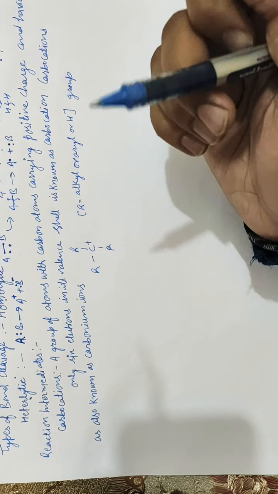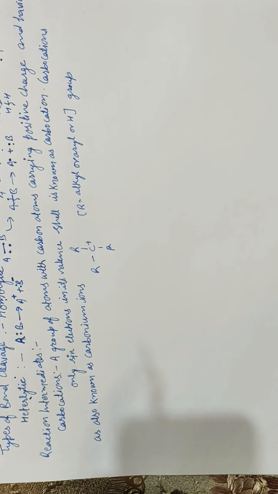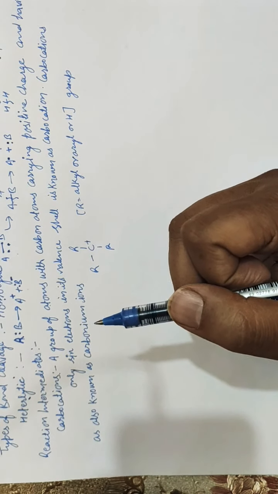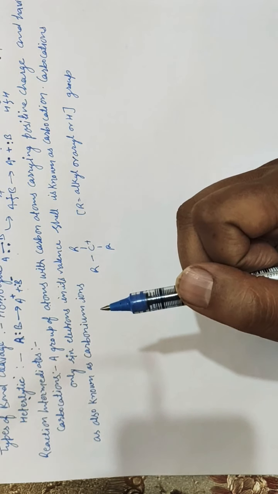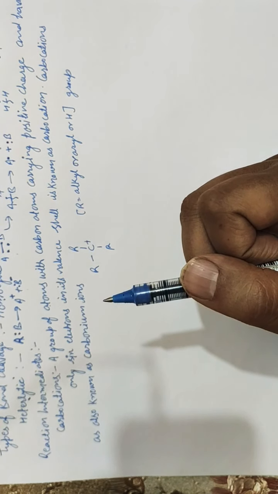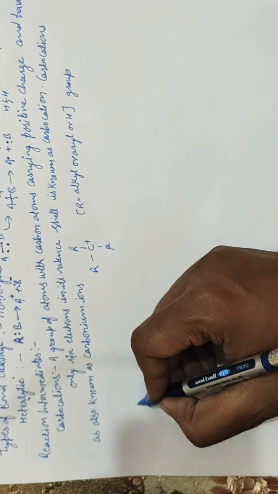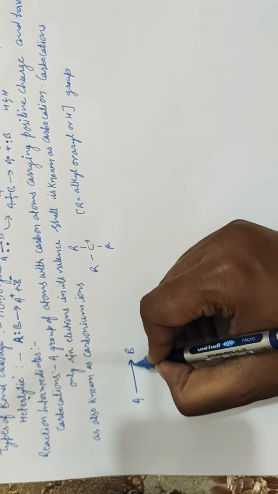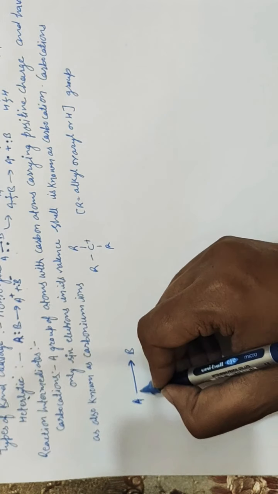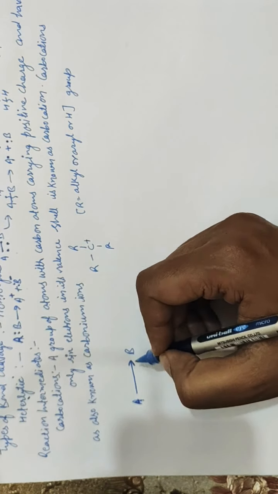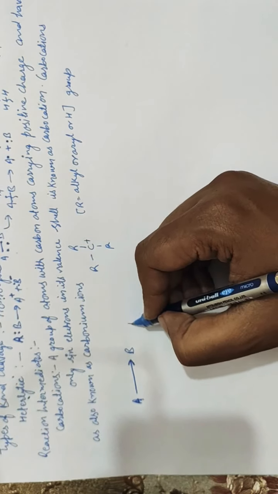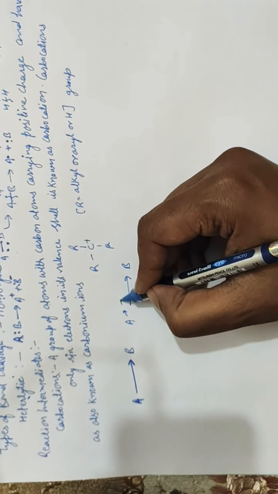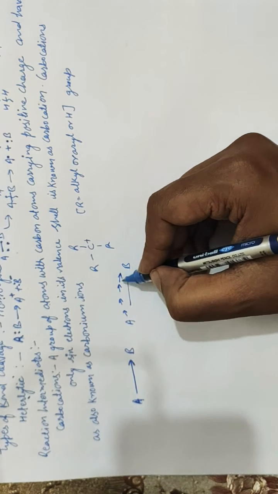So next are the reaction intermediates. What are reaction intermediates? The majority of organic reactions take place in more than one step. In the process of the reaction, the reacting molecules change to form highly reactive species known as reaction intermediates. Suppose there is a reaction where A is changing into B. It is represented on paper such that A undergoes change to form B. But in actual lab conditions, A doesn't change directly to B. There are many small steps involved from A to B.